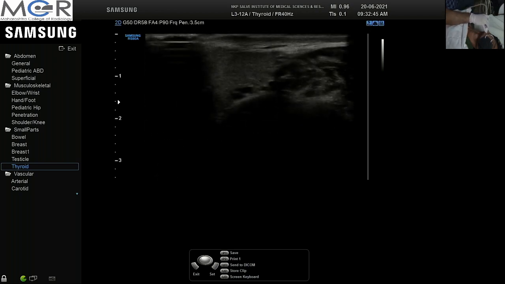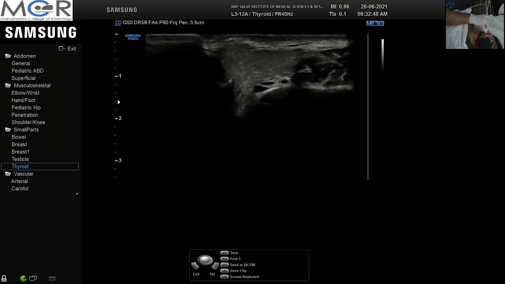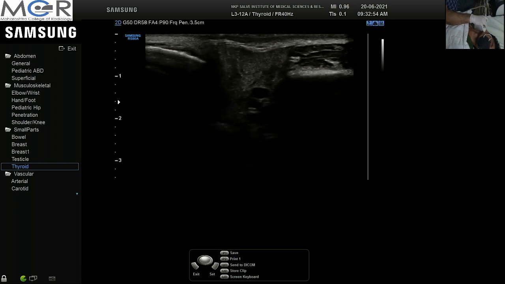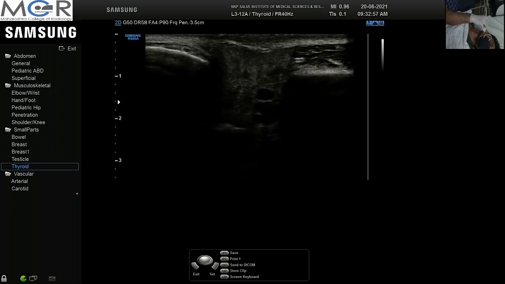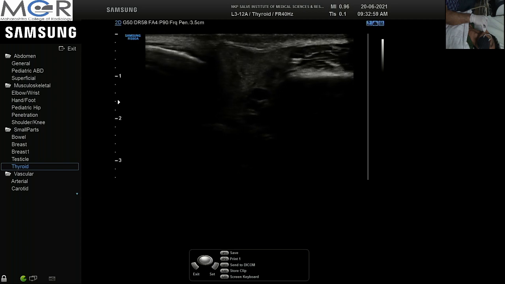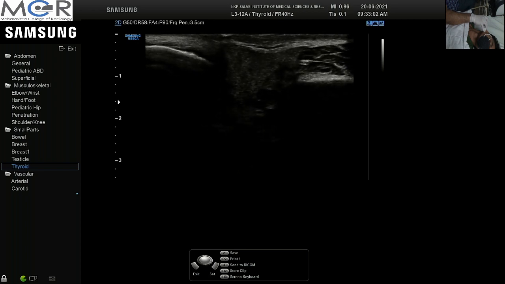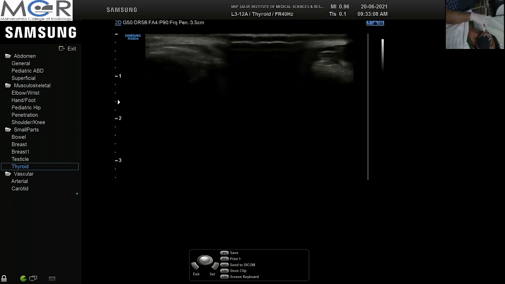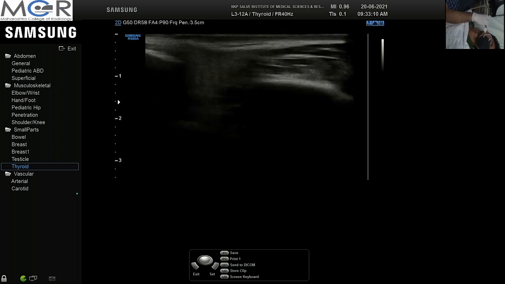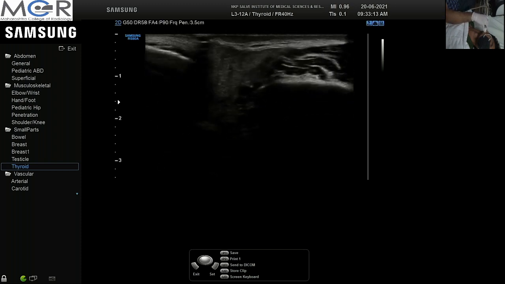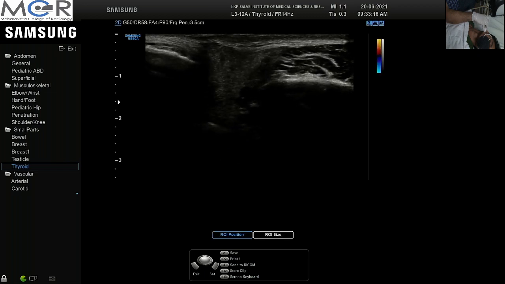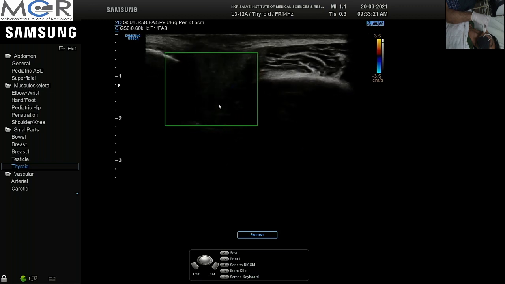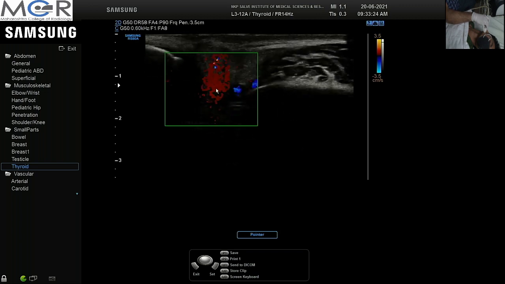We know that the extracranial facial nerve traverses through the parotid gland and divides. A useful mnemonic to remember is that the retromandibular vein is lateral to the carotid artery, and the facial nerve is lateral to the retromandibular vein. So the surgical plane would lie somewhere here, where the facial nerve would be.